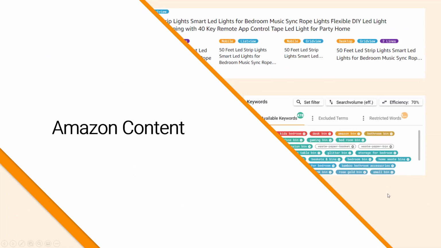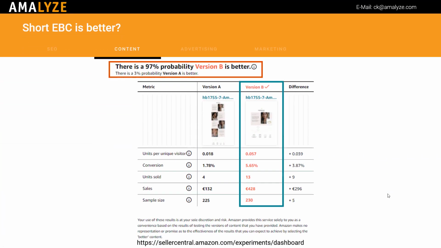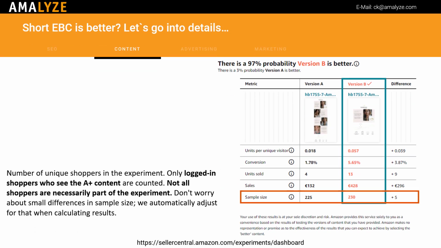Amazon content. The first results of A/B testing with Enhanced Brand Content, A+ content, are ready. We have seen a good development with a shorter EBC with only 2 banners instead of 5, but let's have a deeper look into the data. Especially when it comes to sample size, it is absolutely necessary to see that Amazon is only using logged-in shoppers who see the A+ content. That is absolutely cool. Not all shoppers are necessarily part of the experiment, but we have looked a bit deeper